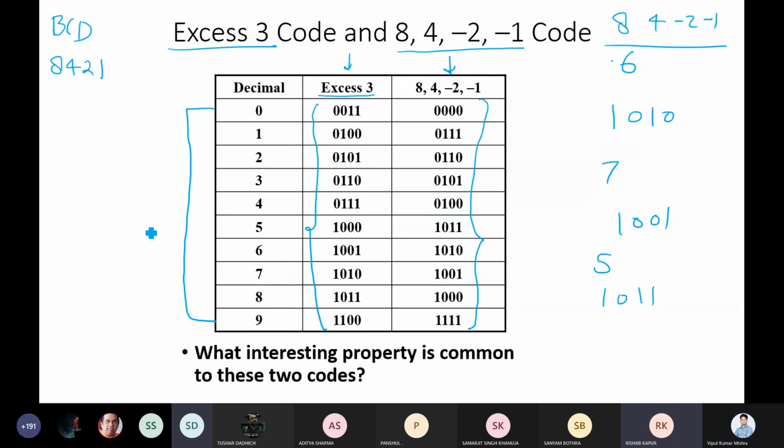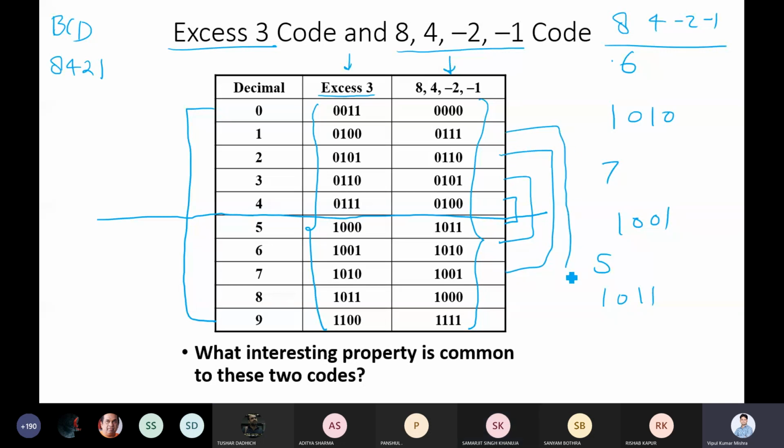Exactly. Sir, you can say, yes. So if we draw a line here, can we take a mirror image? If we just invert it, they get replaced. Sorry sir, if you say this pair, they are like complements. This pair, yes, exactly. They are complements of each other, right? And many designs heavily use these properties to simplify the system. That's why these different codes are available: 8421 code, XS3 code, 84 -2 -1 code, and many other codes, right?